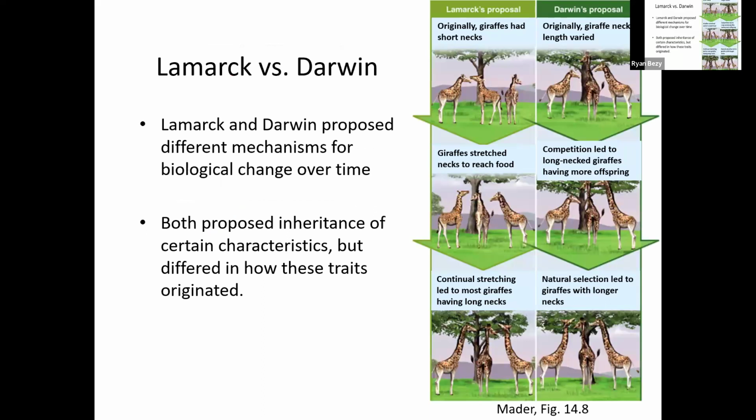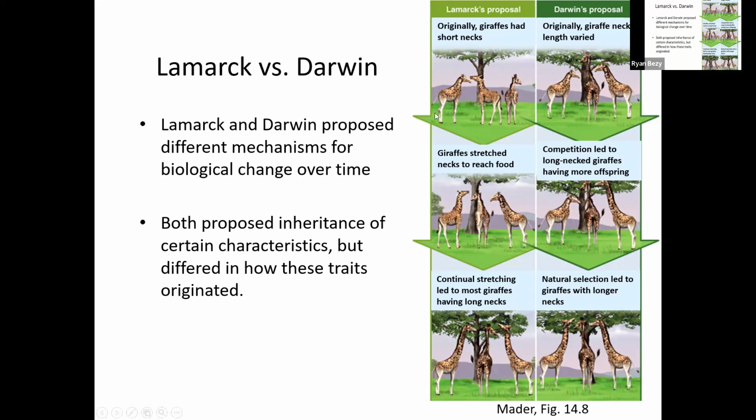So this is a specific example from a different textbook. I like their older figure, and the older figure had dead giraffes over here at the end, but anyways. With this one, Lamarck and Darwin both proposed mechanisms for biological organisms changing over time, mechanisms for evolution, but they proposed different processes for driving that change. And if we look at Lamarck's proposal, which is incorrect and not accurate,